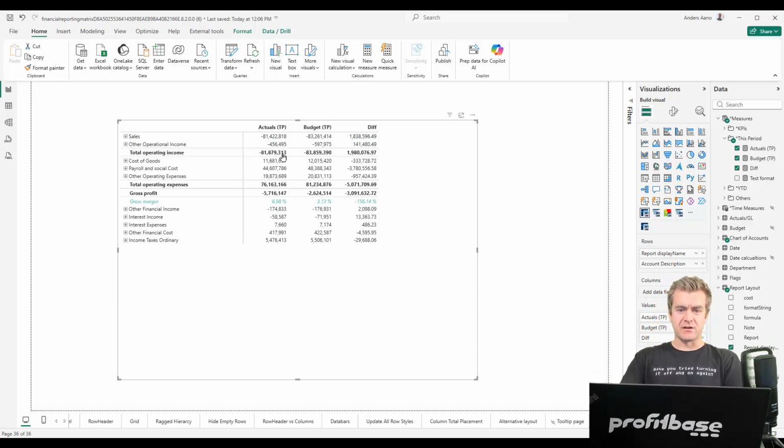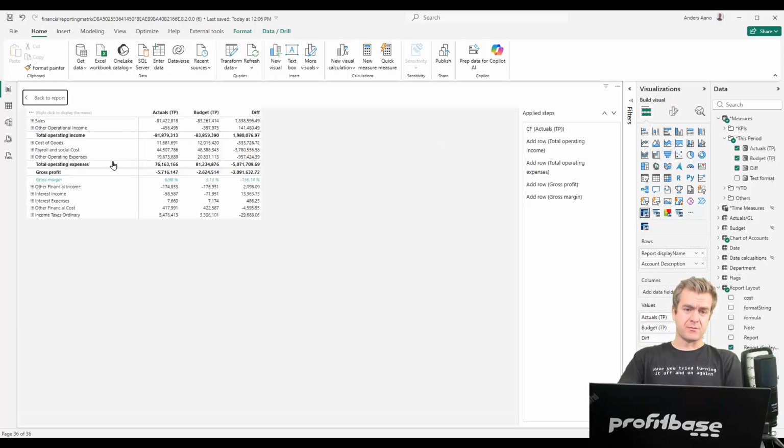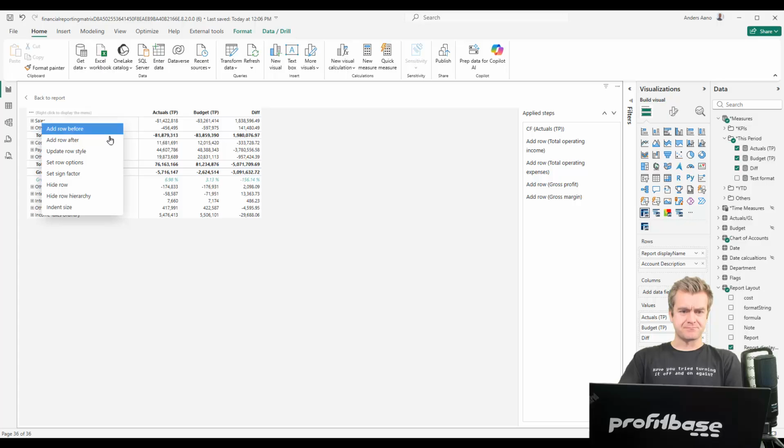So instead of taking the negative numbers from your income and adding that to the costs and having a negative gross profit like this, meaning you actually make money, you want to flip the numbers, invert the sign for your income. So now you can go into edit mode, right click the row where you want to add it,